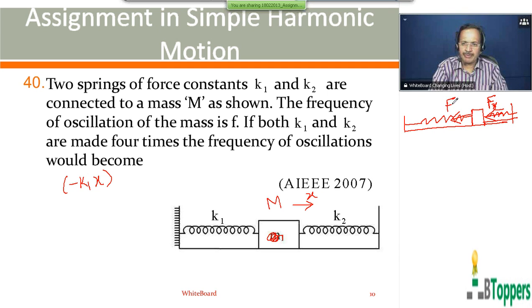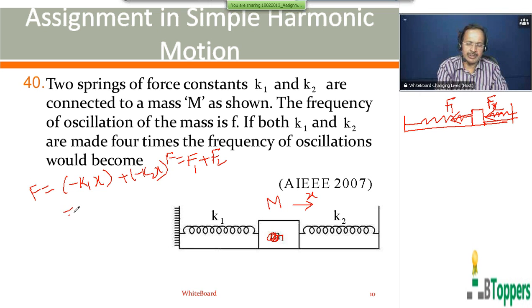The elastic force by the first spring also acts toward left side. So both the forces act in the same direction. So the restoring force acting on the mass at any instant can be written as F1 plus F2. F1 is minus K1 x, F2 is minus K2 x, because both the springs will undergo same magnitude of change in the length. First spring is stretched by distance x, second spring will be compressed by the same distance x. So the two springs in practice can be considered one spring of force constant K equal to K1 plus K2.